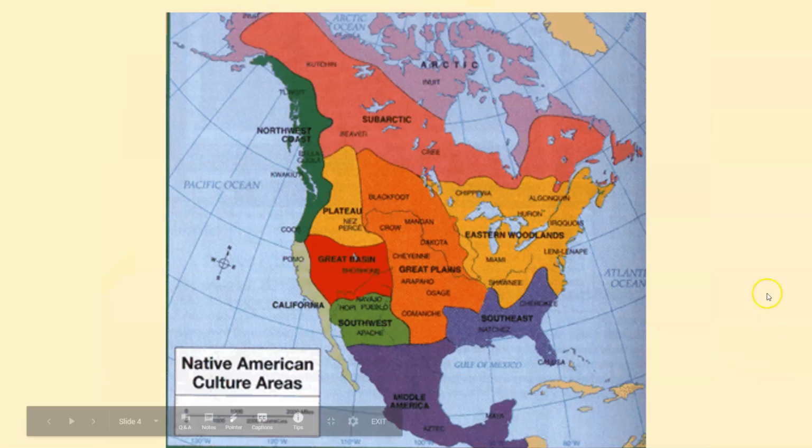And so this is just showing you the different nations, different cultures. Like the Eastern Woodlands and then the Southeast. So this would be the Native Americans that you think of with the Pilgrims. And then this would be the Native Americans that you think had the Great Plains teepees, which we'll talk about. And the Pueblos down in the Southwest. So there are different types, different cultures, different nations of Native Americans.